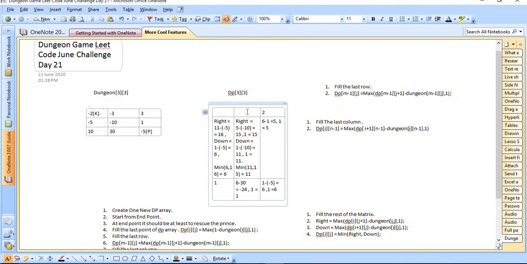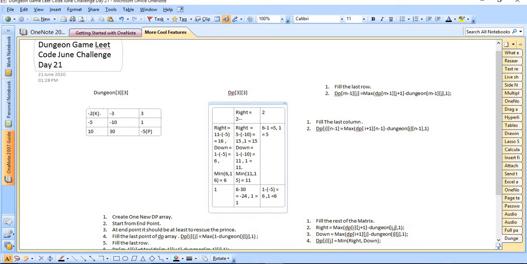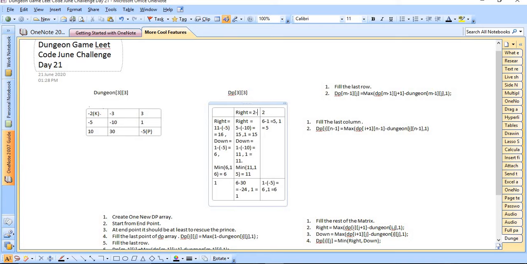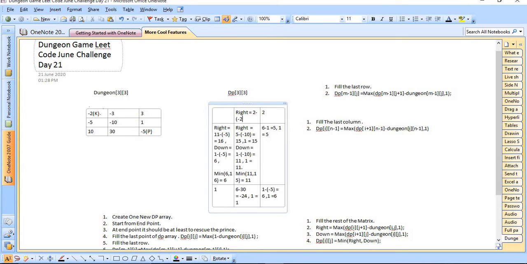Now we are going to calculate in a similar fashion. The right is 2 minus 3, so it's equal to 5.